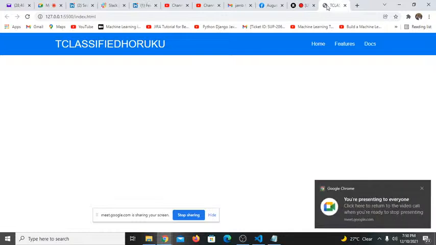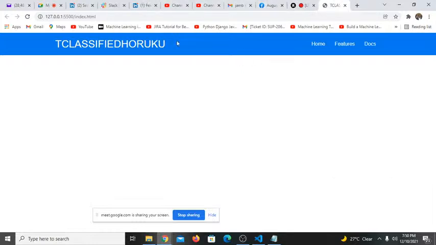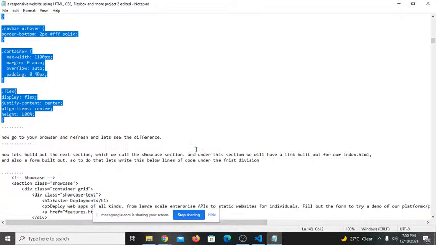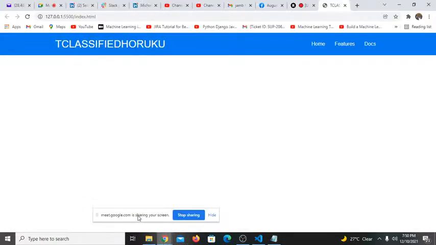Okay, so this is what we are having now. So you can see that the nav bar is normally the horizontal section that is on top that houses the logo and the links. So you can even see the links once you put your mouse on them. This is a wonderful website we're building. So I'm gonna go back now to the browser and refresh to see the difference, and that is what we've done. Been able to go to the browser, to refresh, we can see that the website is very much